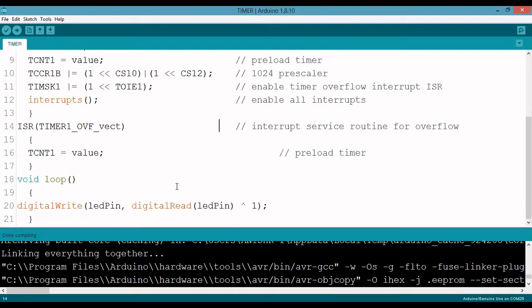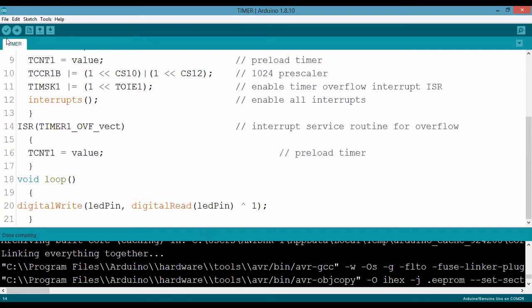Here what I have written is LED pin. So for LED pin, it will read the value. Suppose the LED pin value is 1. Next, it will invert the value. So 1 means it will make it 0. And it will write that value in the particular pin. That is called digitalWrite. So if 1 is available, it will convert into 0. Next, after that small delay, once again it will go and check what value is available. 0. It will read the value, invert it and write it in the particular pin. It will become 1. So like that, continuously the LED will be on and off.